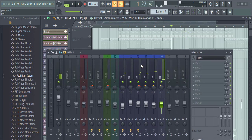Don't forget, I had to do some panning too. I had to pan it so that we could get some space for other instruments to fit in. If you don't pan, everything will just sound mono, everything will be sounding together. So it's very important to know how to pan. Don't forget also, there are different ways to mix. The major thing is to come out with something that if someone listens to, they say, wow, this beat is good,